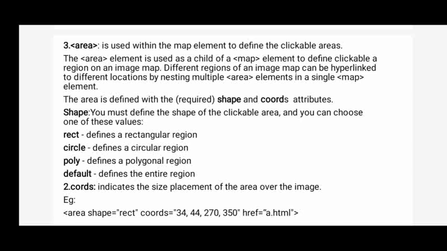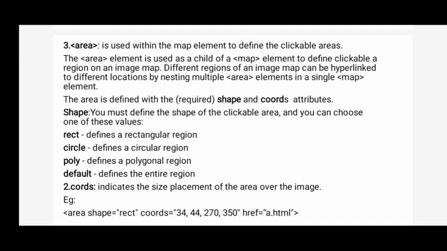Using a map we are creating image maps, and using an area we are deciding how much area you want to use on the image for clicking. That is decided by using the area tag. For example, we have a college building as an image. In that college building, if you want to use only 305 as a clickable area, that area is decided by using the area element.